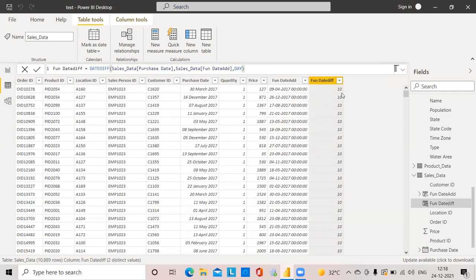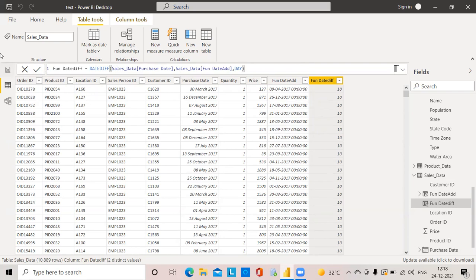Now you can see that it is 10 days. We have already found out the 10 days difference between these two dates. When I am calculating using date add, I have given 10 days. So the difference between purchase date and date add will be 10 days. And this is date difference.